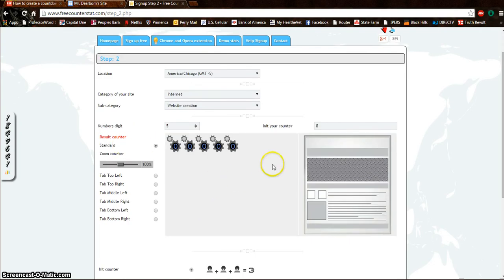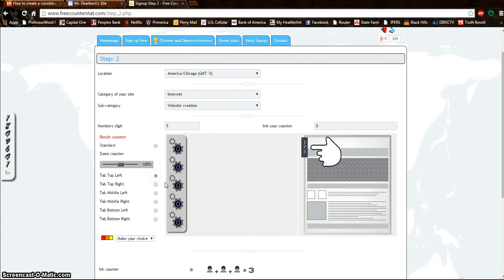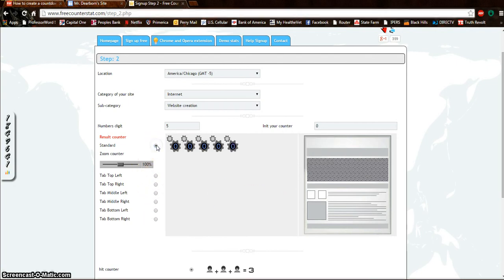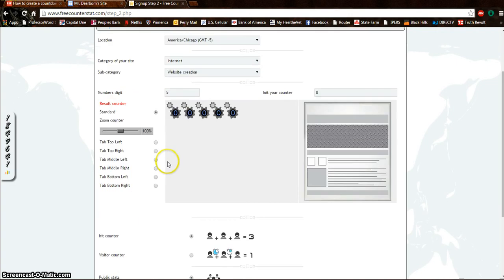I can have it standard, which will look like this across your page, or I can actually come down here and customize it. I can do top left, and I'll show you what it looks like over there to here to here. It'll look like on your web page, and you go through all these buttons to see where you would like it. I'm going to stick with standard,